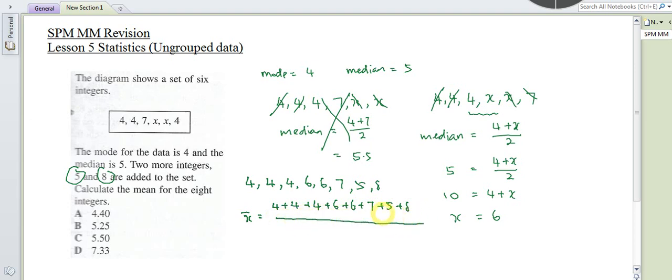Divided by. Okay, now how many data here? 1, 2, 3, 4, 5, 6, 7, 8. Divided by 8. Okay, so this one you just press the calculator. Okay, I did just now. The answer is